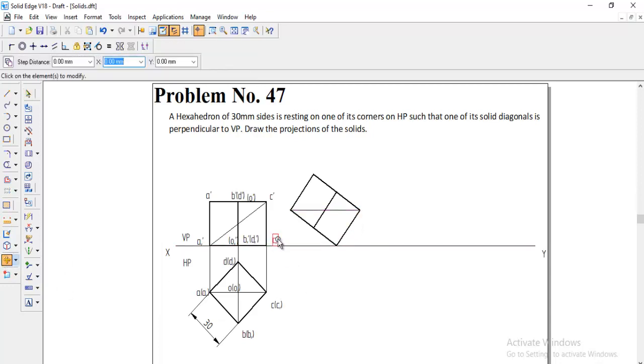First the remaining corner here, C1 dash. We can move it, and this one is C dash, and the same way this is center O dash, and the edges here are corner B dash and D dash, and this one is A dash, and then this is A1 dash, and center O1 dash, and here this is B dash and D dash. Okay, now the namings are moved, and to get the top view we need to draw the projection lines.